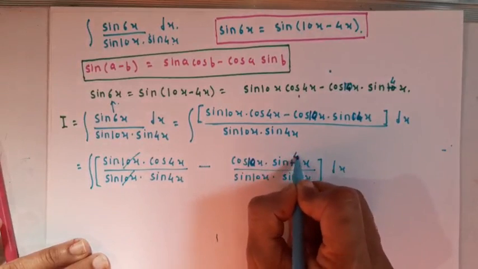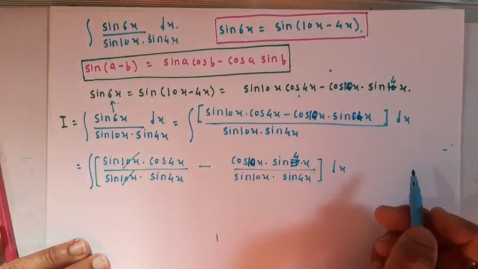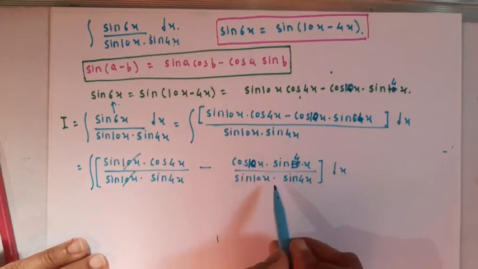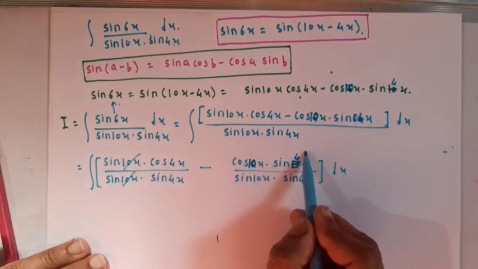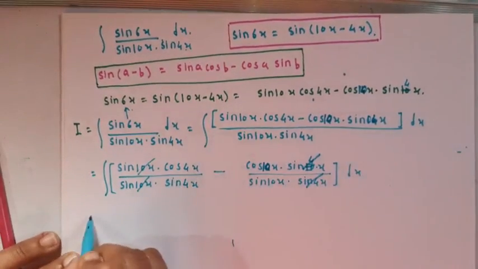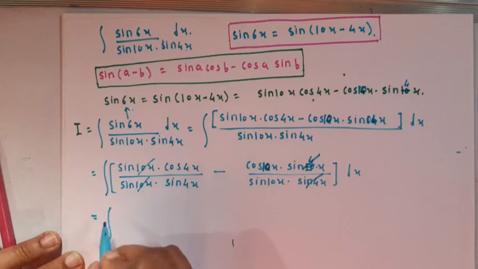So here the sin of 4x term gets cancelled and we will get the integration of